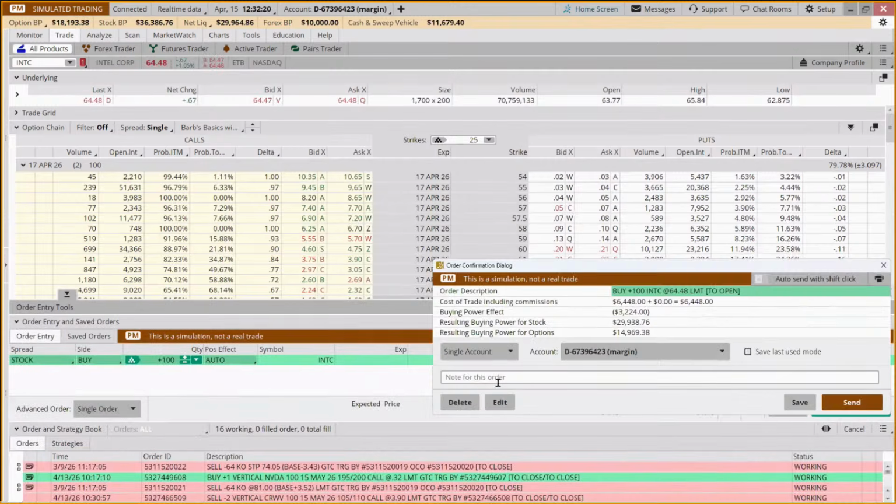We can put a note in here to add a covered call. So you can put your note in anywhere and then it'll show up, you can add it as a column on your chart. You can see it in your working orders, all of that.